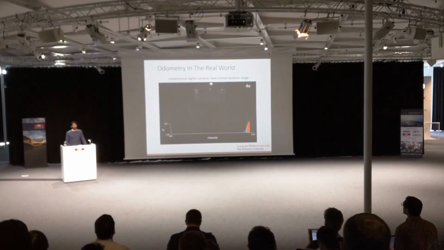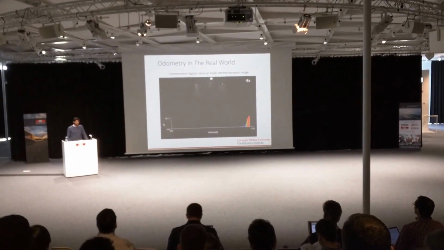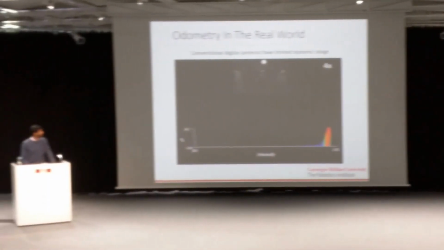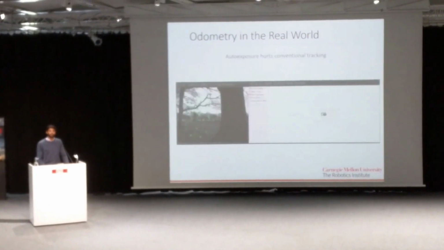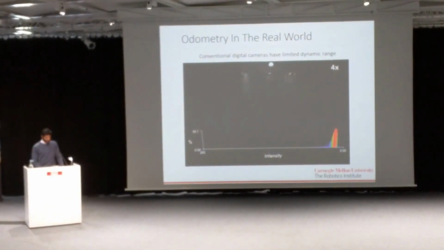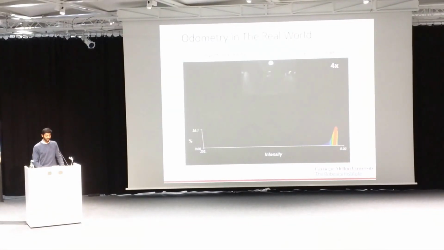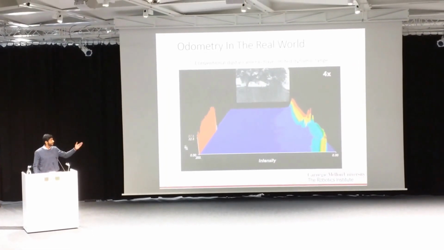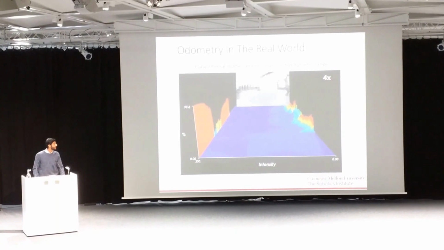Vision sensors often suffer from limited dynamic range. In this video, I try to demonstrate this by taking a camera from indoor to outdoor environments. On the bottom, I'm going to display a histogram of the intensities. As you know, as I make this transition from an indoor environment to an outdoor environment, the distribution